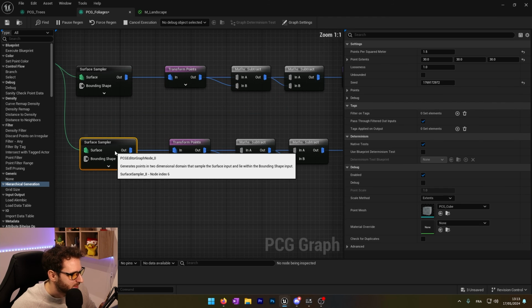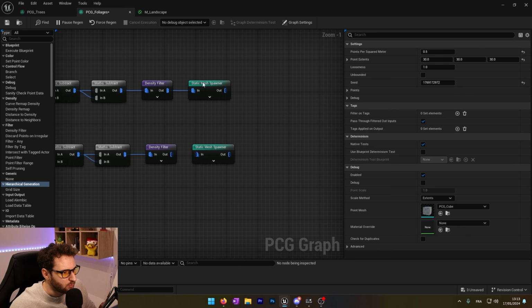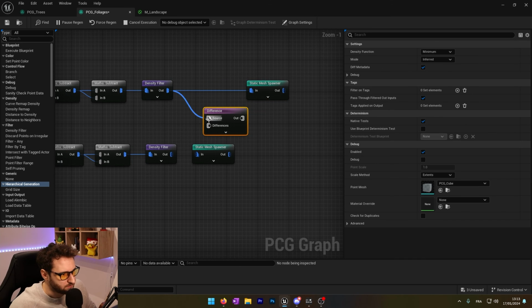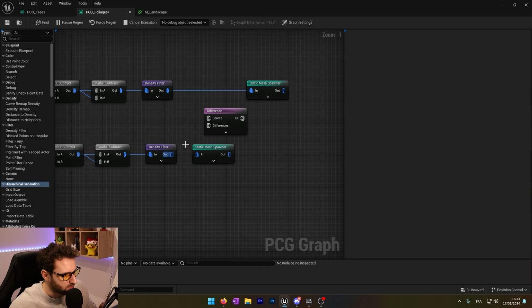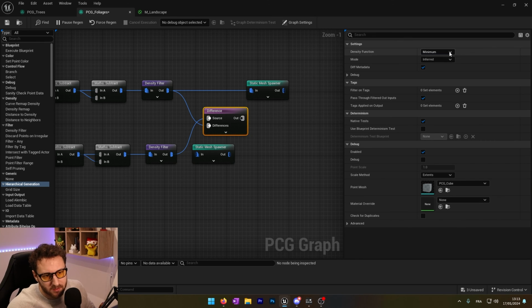Let's do this. We want way less points. Maybe 0.5 will be nice. And we will need to actually do a difference. This is going to be the source and the difference will be this, because we don't want to spawn the flower on the grass. We want to spawn it a little bit on the side. We will do a binary. And if I check this,